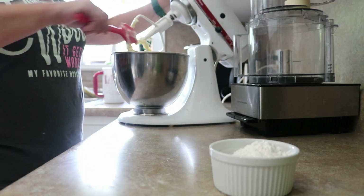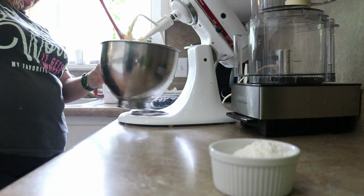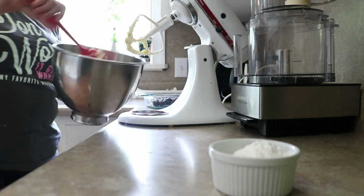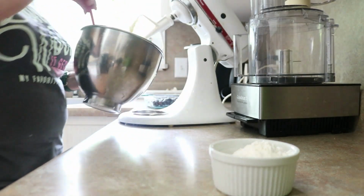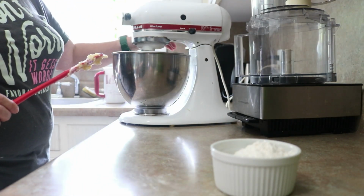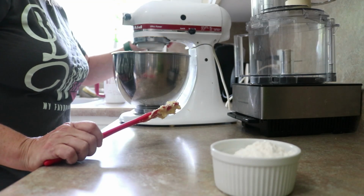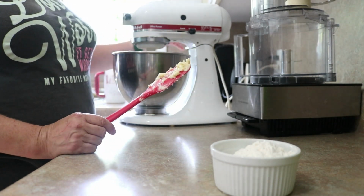And it is almost ready. So at this point, it just looks like that. It's not a whole lot to look at, is it? At this point, it looks like a rather unhappy cake batter. So we let it mix together, and then to this we are going to add